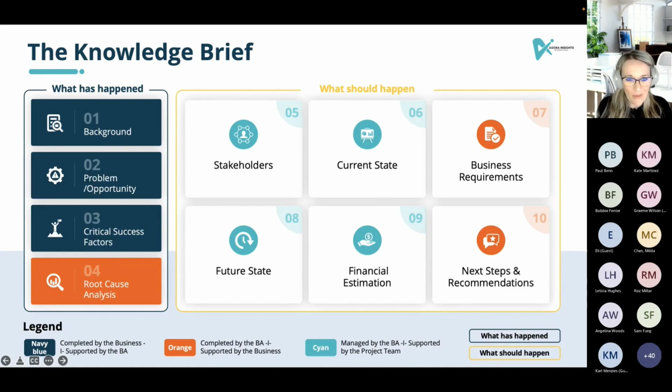So just recapping our background statement, base it on facts. We want to ensure that we've got the right information for the people that we're working with. We've done some investigation, so we're not only doing it once or twice. And writing a background statement is not easy. You have to practice this. This is not something that you can just wing in a day. So I advise you to go to other BAs and ask them to critique your background statement. Ask them to give you feedback on what you've written and whether you've written it well.